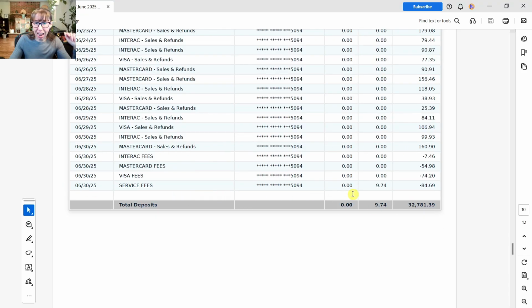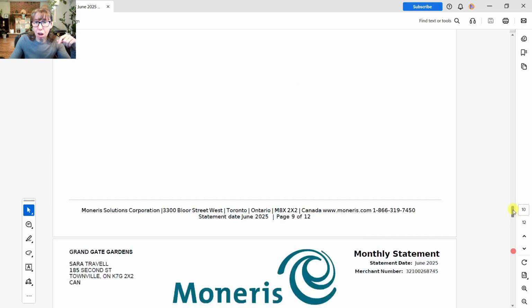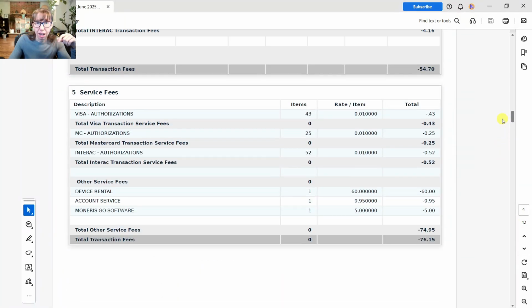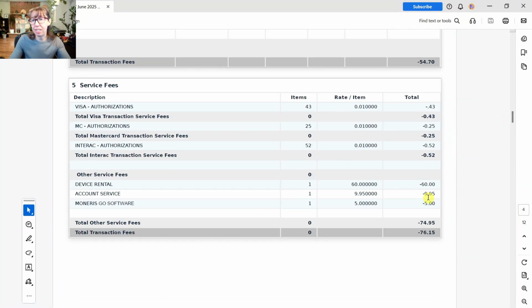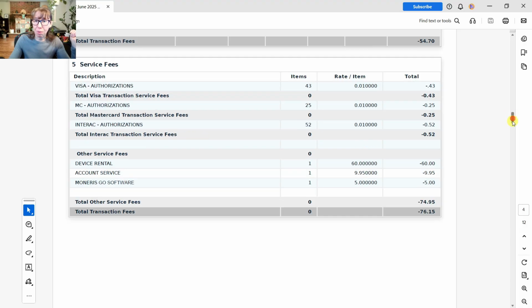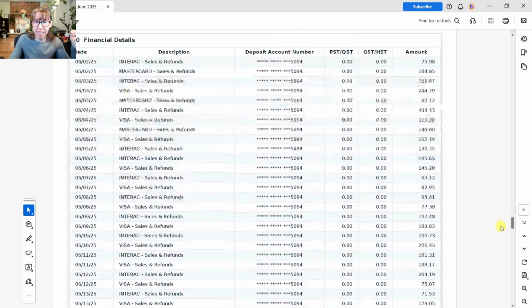Just on this last one right here, the service fees. Now it's dated June 30th because it's the service fees for the month of June, but they happen to be charged the next day, which is July 1st. That is a holiday, so the next business day, that was July 2nd. So actually, this $84.69 is a combination of these service fees plus HST. And we can see that the HST is